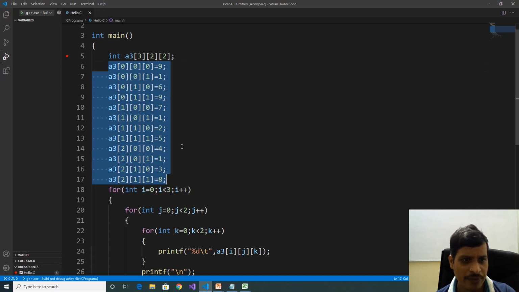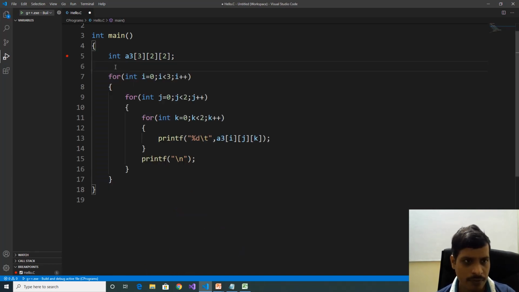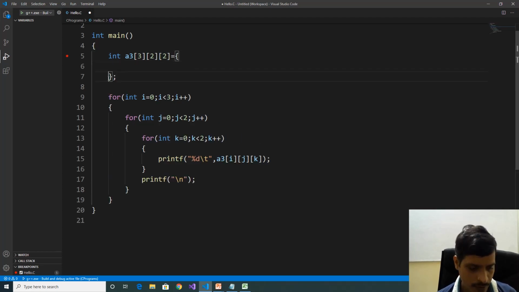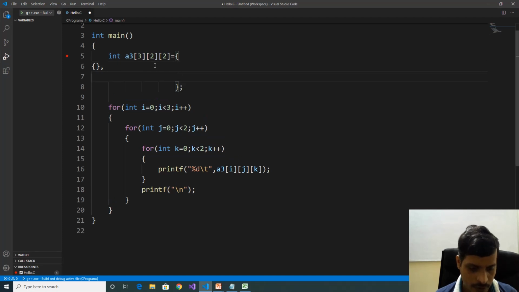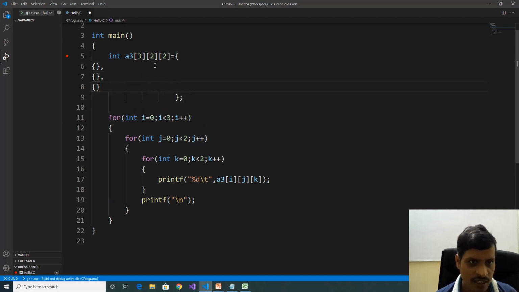We have an alternate way. Remove this code. Here equal to open and close brace. Here the first one is 3 rows: 1, comma, 2, comma, 3. Later each one contains 2. Here another 2 rows inside each one. 1, comma, 2.